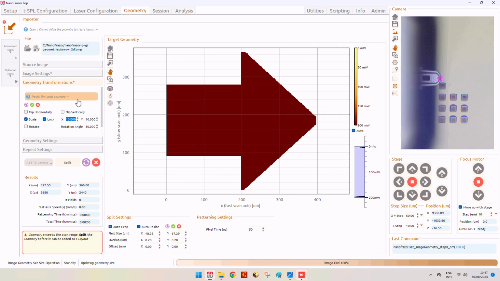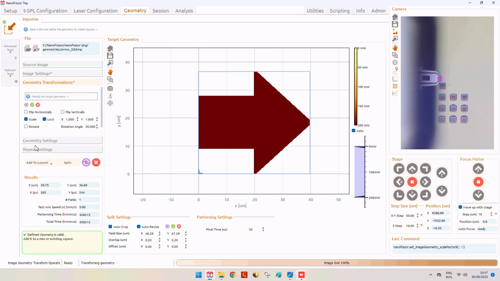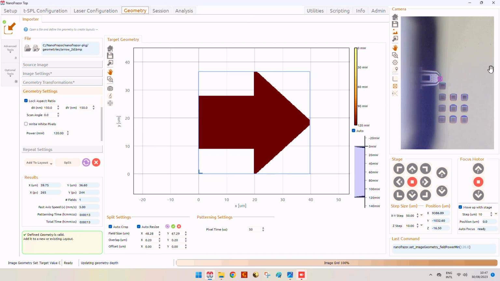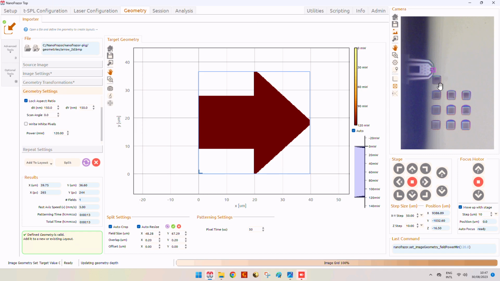So now let's go back to smaller dimensions. And we can see that for the laser we can also choose the power at which we're writing. So let's say we want to write with 120 milliwatt, for example. Previously we did this laser dose test, so we see that this was at 50, 100, 150 and 200 milliwatt.